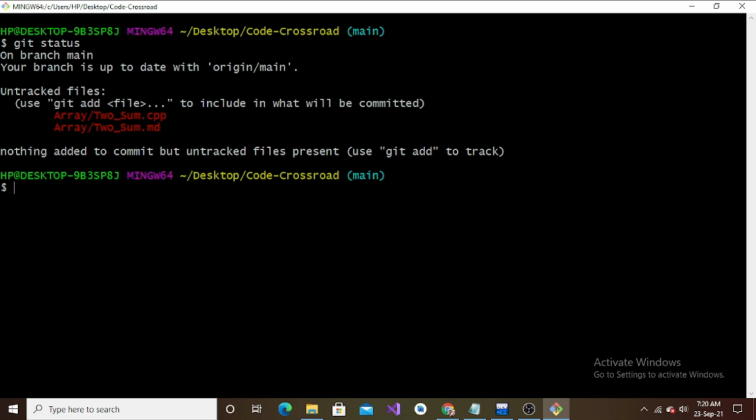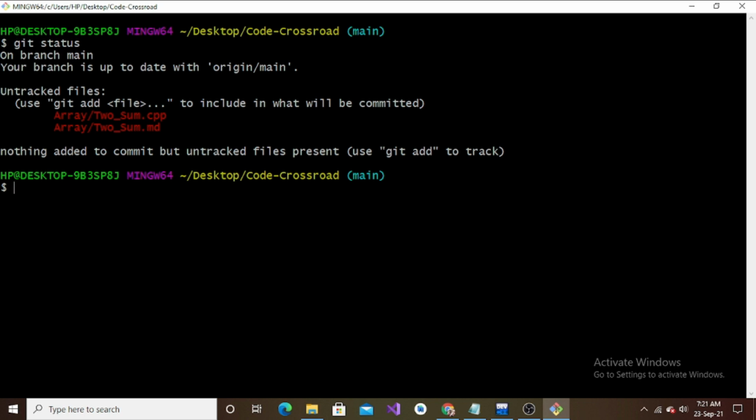Now what we have to do next is stage these files, bring them on the staging area. Before actually committing, Git requires us to mention all the files that we actually want to commit. For example, let's say we made 10 changes, but we are sure about only 5 that we want to commit. We have to explicitly mention those 5 and bring them on the staging area, and only then do we commit them.